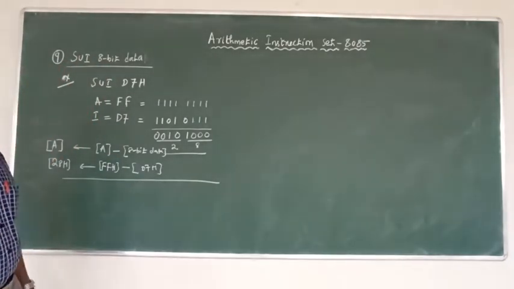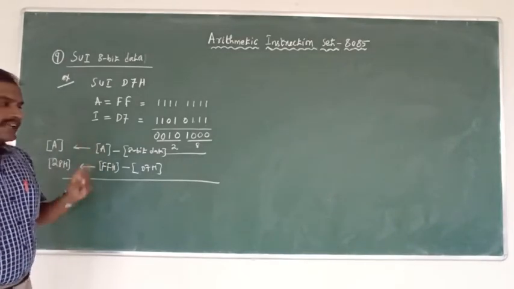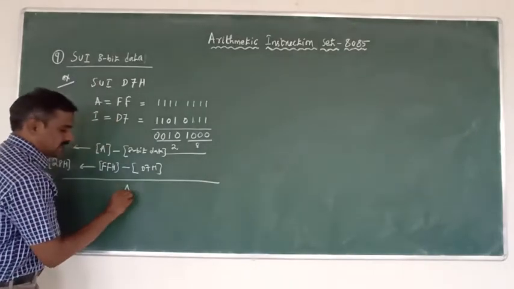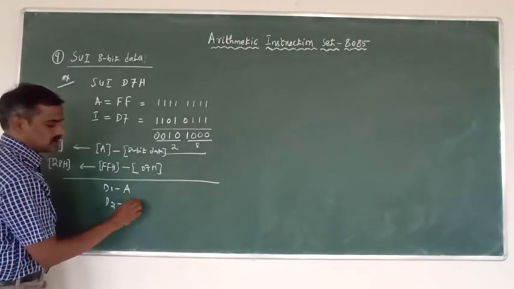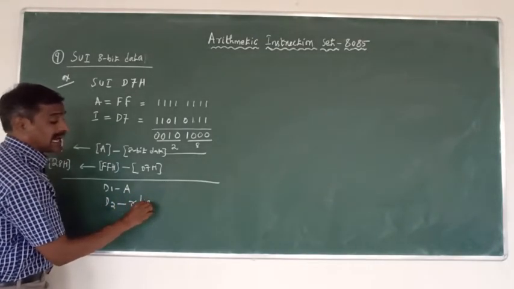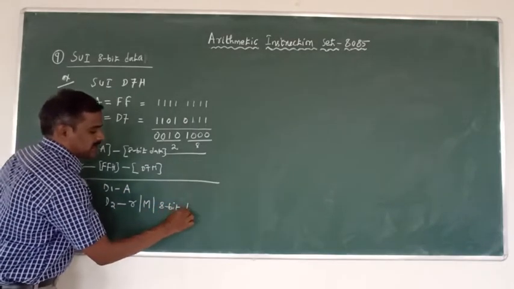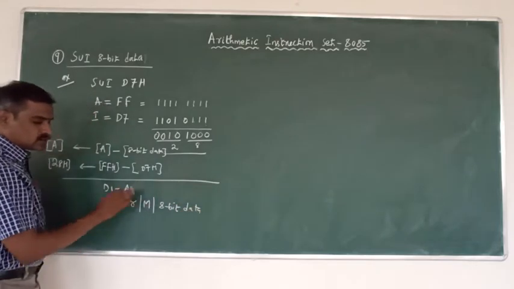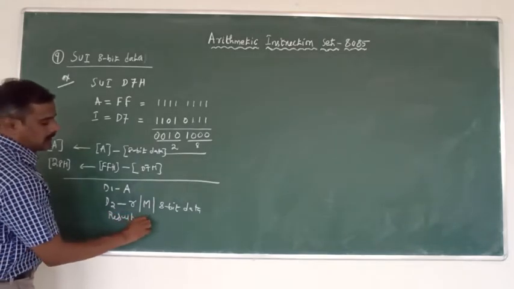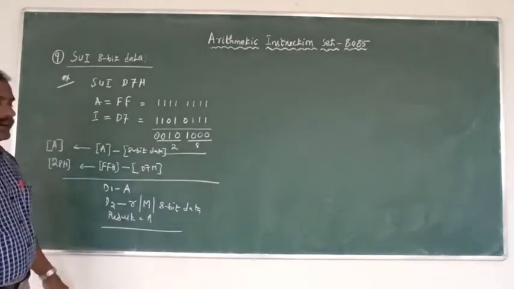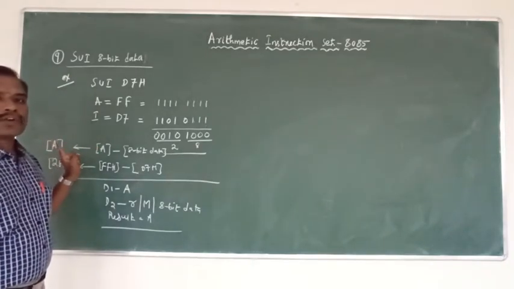All three instructions subtract 8-bit data. Data 1 is always in the accumulator, and the second data will be either a register, a memory address location's data, or immediately given 8-bit data. To subtract these two data, the result is always stored in the accumulator. Okay, all three instructions subtract two 8-bit data without borrow status.